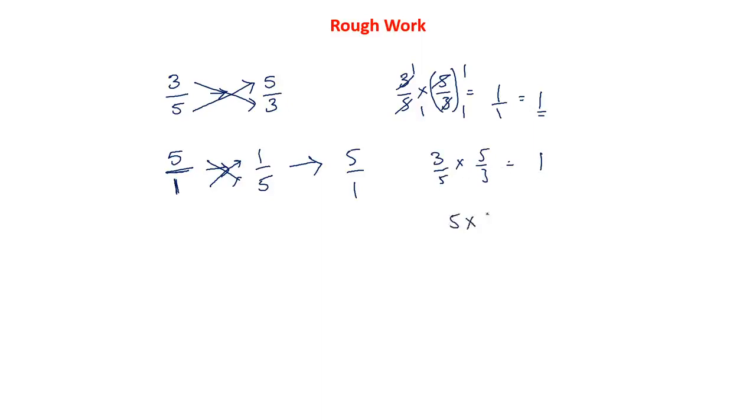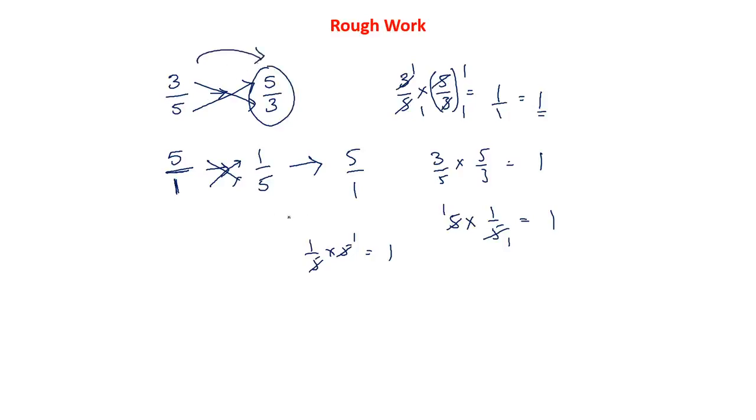And at the same time, if you multiply 5 into 1 by 5 also, you will get 1. 5 gets cancelled 1 time here. You can divide this. 1 into 1 by 1 is 1. Okay, and 1 by 5 into 5 is also 1. 5 gets cancelled here, you will get 1 here. Okay, this is the property of the multiplicative inverse. Writing the multiplicative inverse is nothing but just interchanging the numerator and the denominator. This is called the multiplicative inverse or reciprocal of the given fraction.